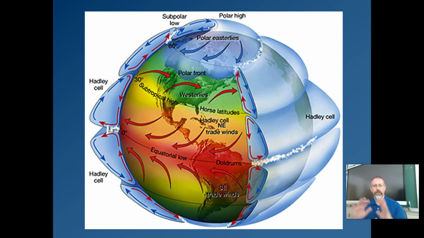All right, so here's kind of the 3D prettier picture again. We have our convergence zone at the equator. So clouds are there because you have rising warm air. That air sinks back down at 30 north. Both of these cells do. And as a result, it's dry at 30 north and at 30 south. So that starts to get low in the picture. At 60 north, you have more rising air. It's not as warm there by any stretch, but you still have rising air. And so that leads to more humidity and more precipitation and a wetter climate.